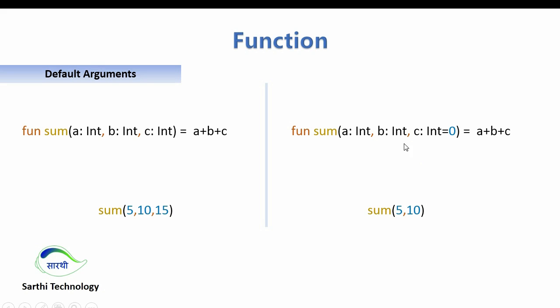And same, if you call this function with this, 5 will go to A, 10 will go to B, and 15 will go to C, and it will return the sum of these 3 numbers. Now,